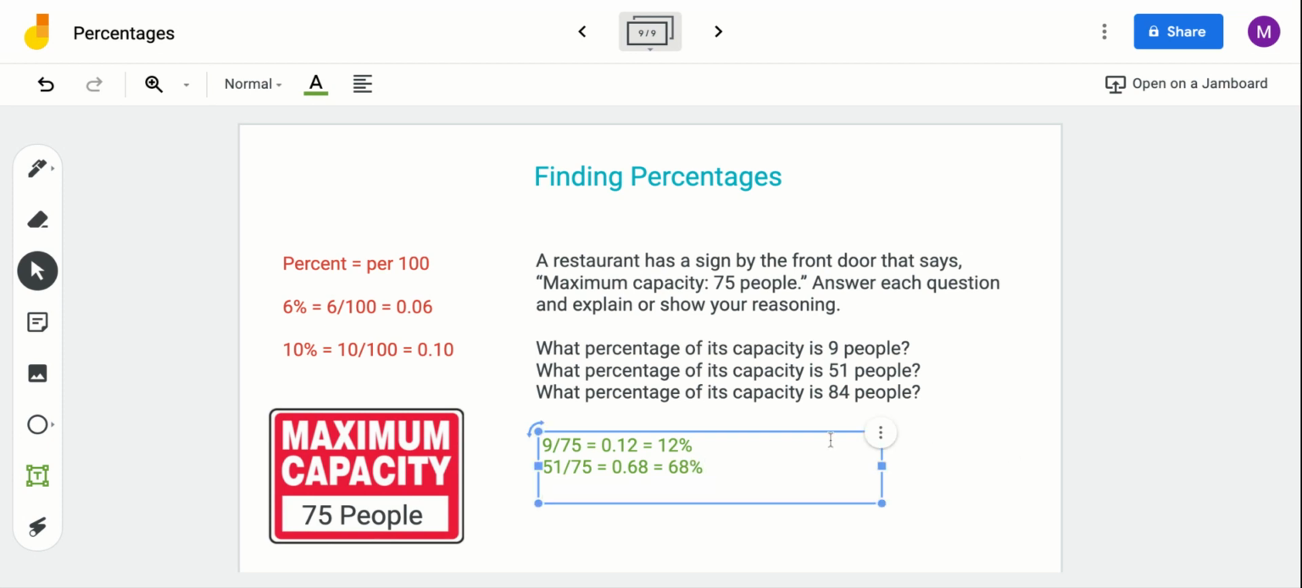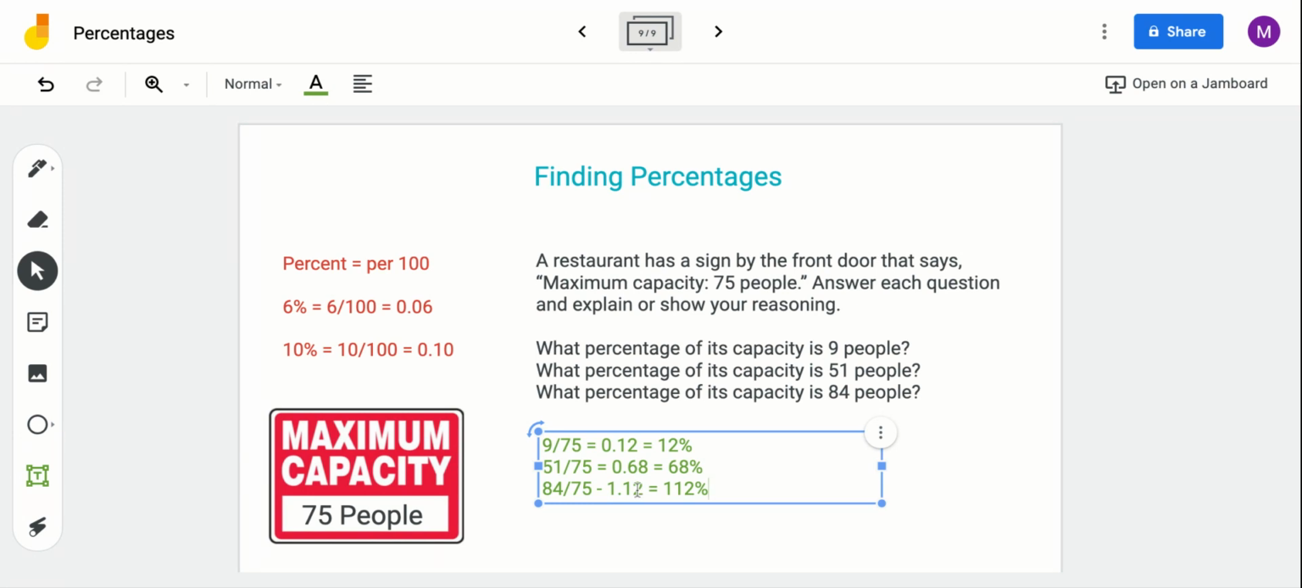And then last it asks what percentage of its capacity is 84 people. Well, its capacity is 75. 84 is over 75. Yipes. 84 75ths, 1 and 12 hundredths is the same as 112%. And if you get a little bit confused by this 1 and 12 hundredths, well, 1 full would be